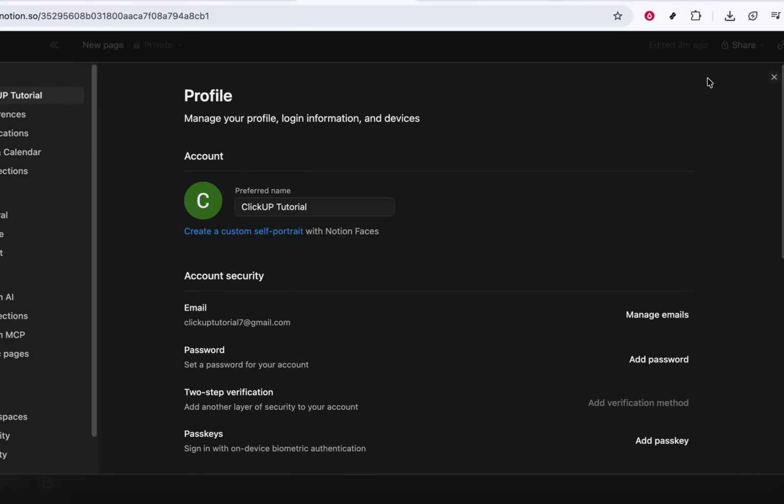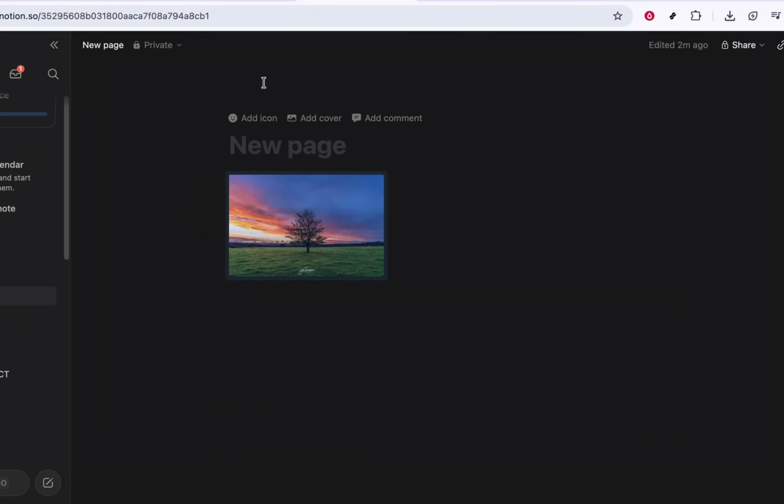In today's video, I'm going to teach you how to change image alignment in Notion. When you're working on a Notion page, images are a big part of making your content look clean and professional. Maybe you're building a portfolio, documenting a project, or just trying to make your notes easier to read. Knowing how to quickly adjust the alignment of your images can really improve how your page feels and how others